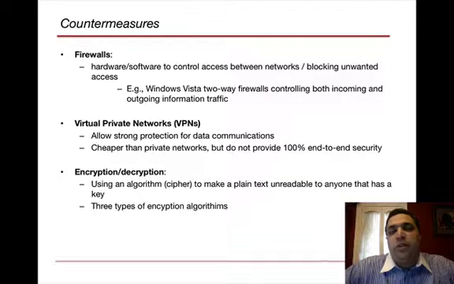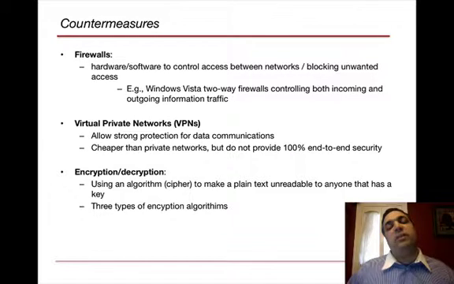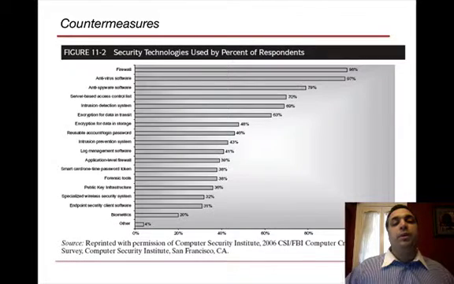Encryption and decryption: these are really computer algorithms or even mathematical algorithms that take the data and cipher it or scramble it so that someone else can't read it without the actual key to decrypt it. So there's a couple of things with encryption that we're going to talk about. We're going to talk about 3 types of encryption algorithms. The countermeasures that are used by security technologists,